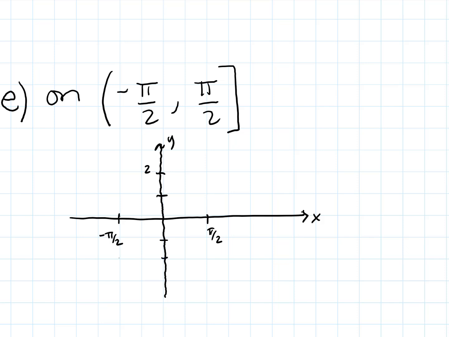So down here at negative 2, we actually have an open circle, and then the sine curve comes up and then hits positive 2, and it's closed there. So we have a closed circle there, a closed filled in dot. We actually achieved that too. And so when we look at where our local, where our absolute maxes and mins are, turns out that we have an absolute max, and the absolute max is occurring right here. We actually have that value. But beyond that, we have no other extreme values on this segment of 2 sine of x